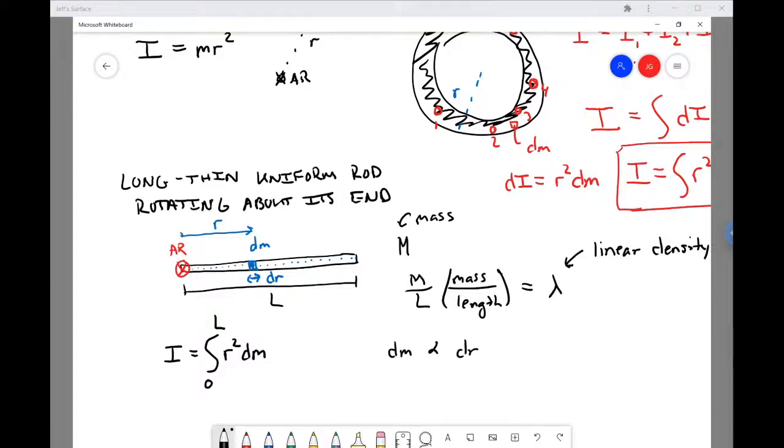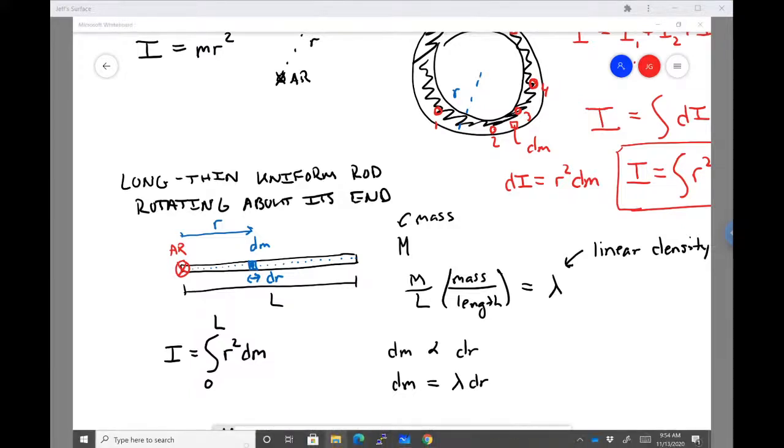They're proportional to one another, and the proportionality constant is lambda, the density. dm, the small amount of mass, would equal mass per unit length times the small amount of length, the dr,